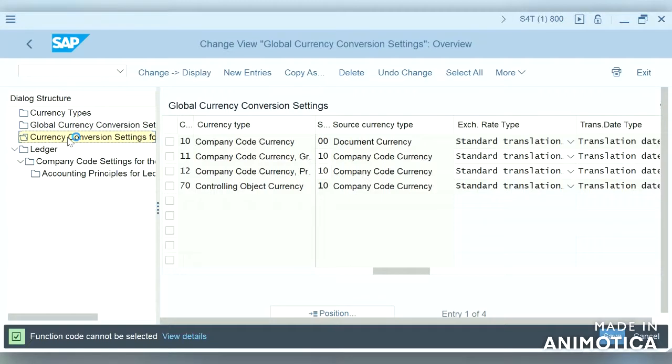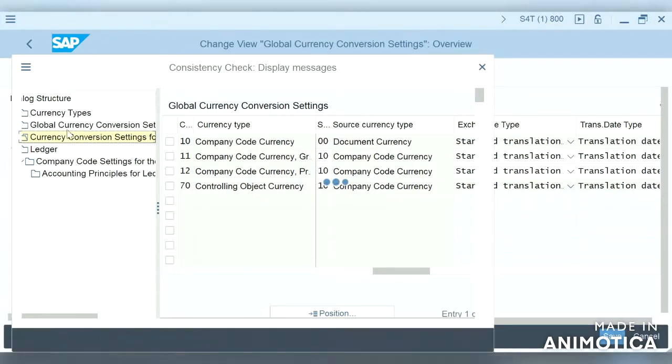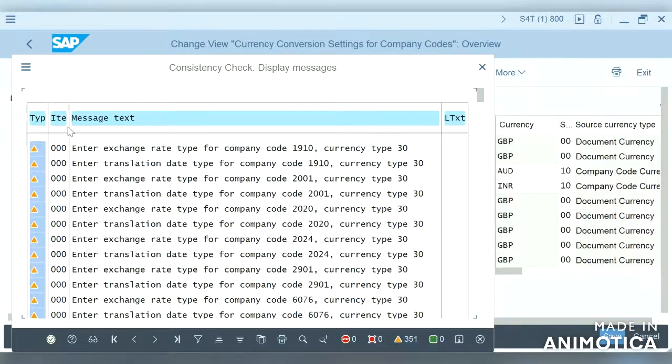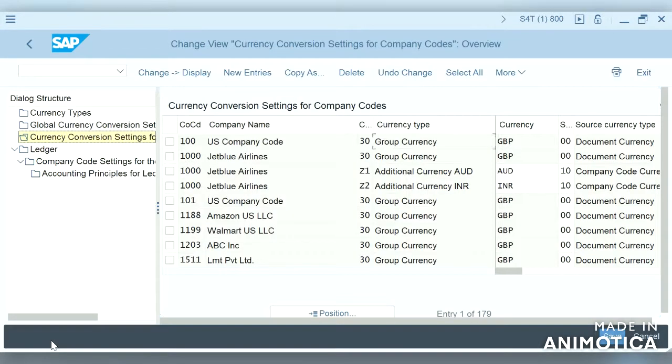This is the currency conversion settings for company code. For global currency, we have seen that a currency can be used in two types. One is global currency and one is company code specific. So this configuration is for company code specific currency conversion. Currency conversion settings for company codes.